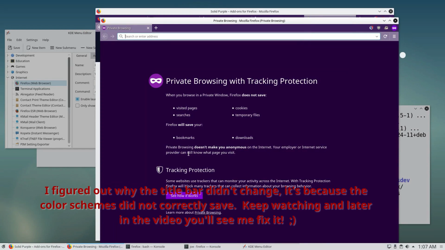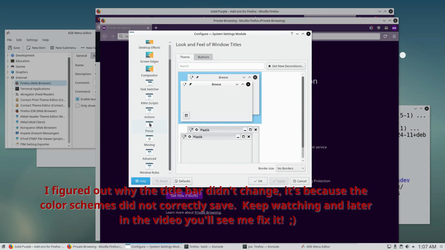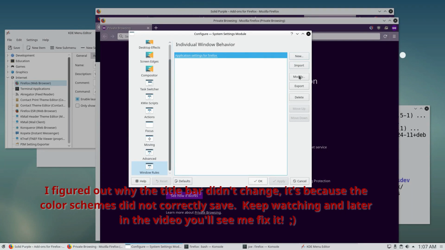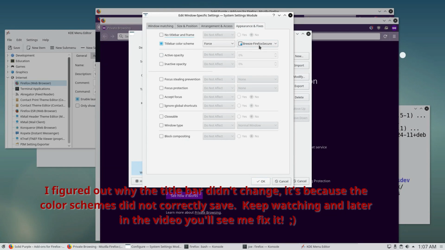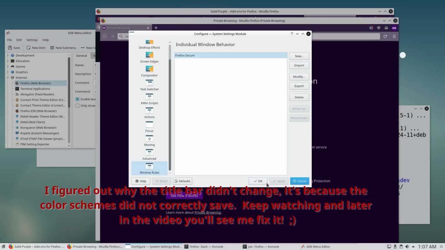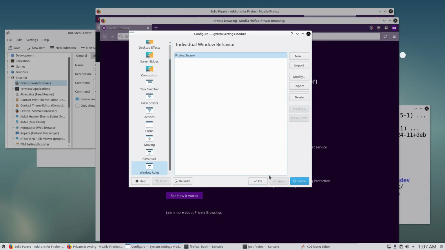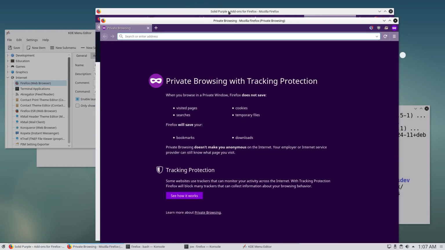Ooh, actually, I like that Window Manager Settings, because Window Manager Settings has the setting for it in Window Rules. We should have Application Firefox here. Let's modify that. Application Settings for Firefox. Let's actually change that rule name because I don't like that. We'll change it to Firefox Secure. Substring match. Window class, navigator, Firefox. Yeah, I like that. Okay. Really, we don't need anything other than normal window. Checked. Okay, anyway, so the next thing we're going to do is the same setting again, except